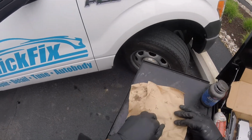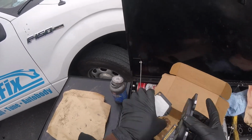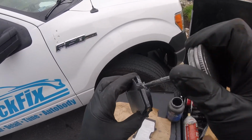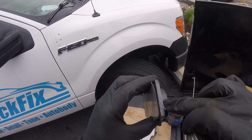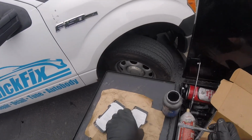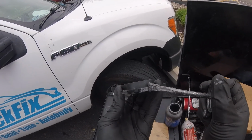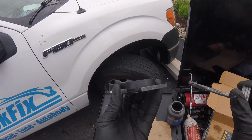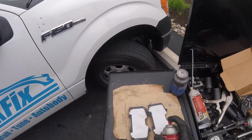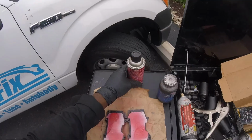Before I get my brake cleaner and clean that surface, get this out, get a new brake pads, take some anti-seize, get them on the top of both pads, top and bottom. Like so. I spray a touch of this instead of using the anti-seize, and you take one pad,